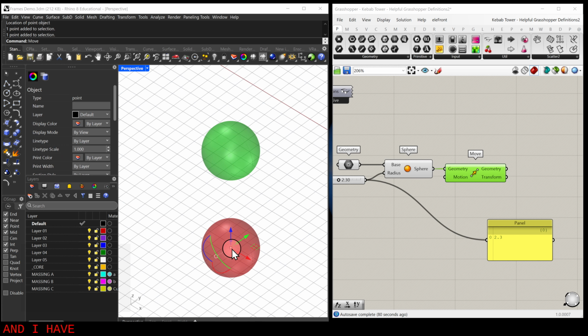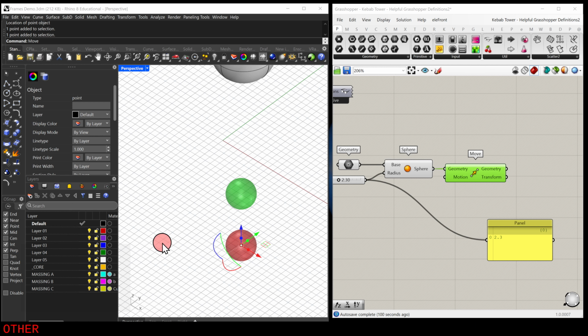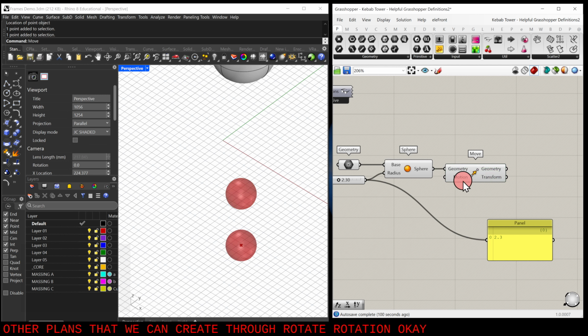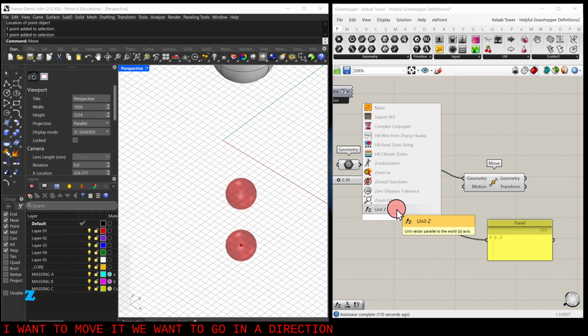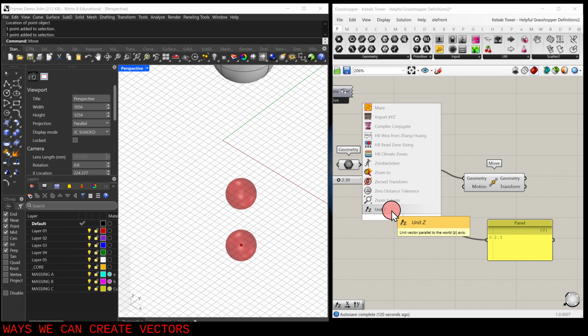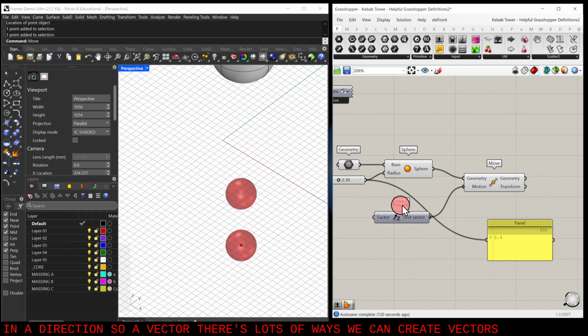And I have a point here and by default, it's on the XY plane. We can set points to be, say, in the XZ plane or the YZ plane or any of the infinite other planes that we can create through rotation. Okay. Motion, let's say I want to move it. We want to go in a direction, so a vector. There's lots of ways we can create vectors, but typically when you're beginning, we like to use the X, Y, and Z. So if I want to move it up, I want to have it move in the Z direction